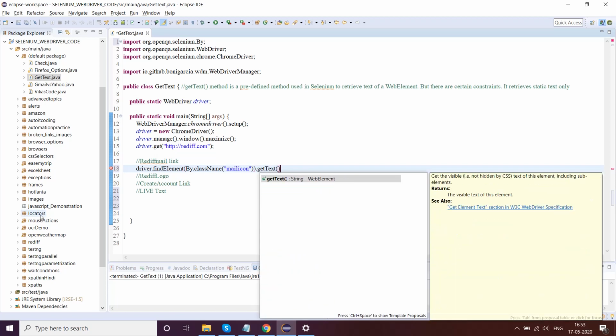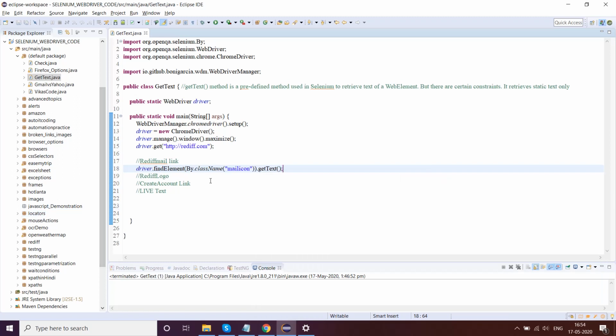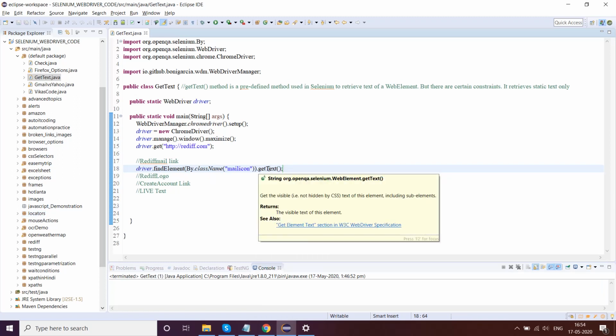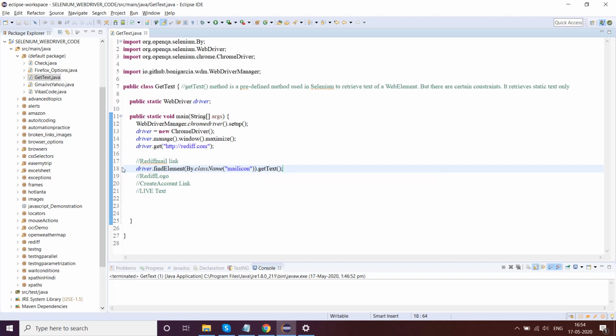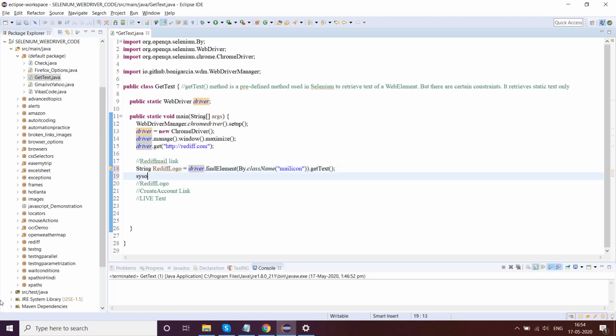I want the text retrieved for this particular link. The getText method returns a type String, so I'll name this string rediffLink, and take the printout of it: the text of the link is